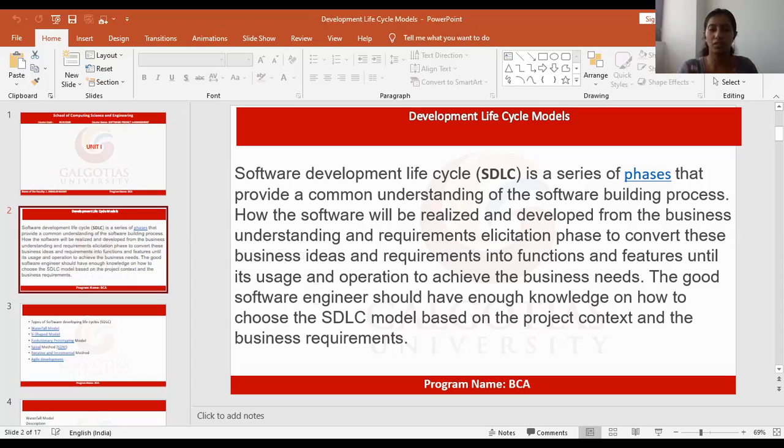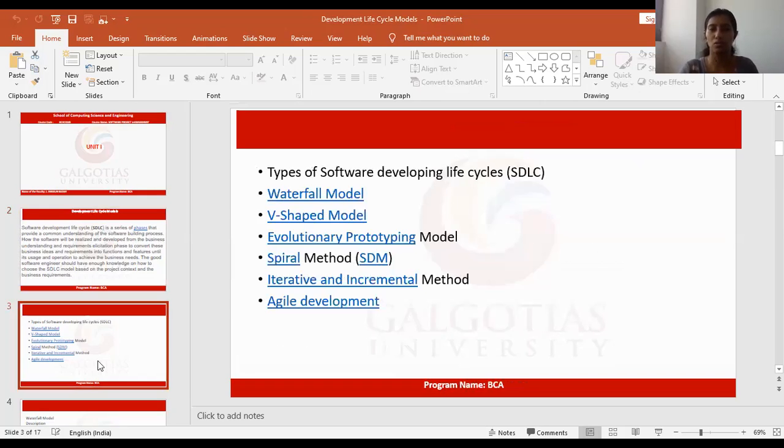The good software engineer should have enough knowledge on how to do the SDLC based on the project content and the business requirements. So these are some of the types of software development life cycles, SDLC.